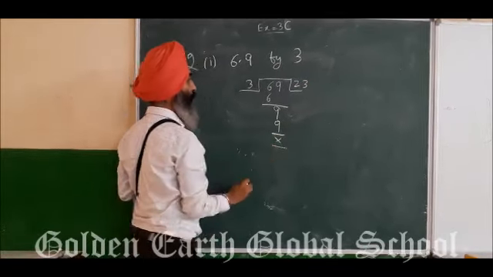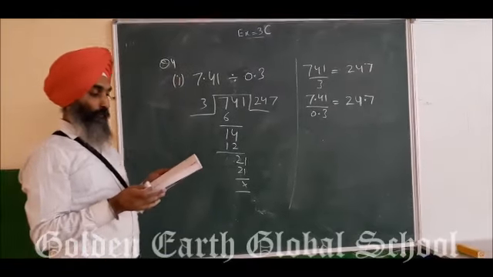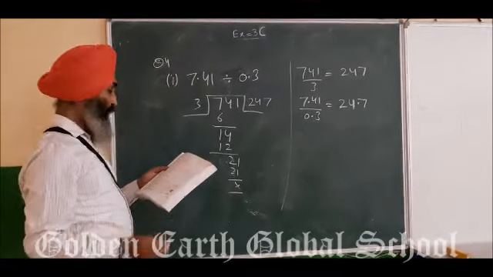So understood? This is a very important step. You have to remember this. In division, we will do subtract, and in multiplication, we will do addition or add. So in the same way, you can solve the other parts also. So this is the first part I have explained. There are 15 parts. You have to do it yourself.